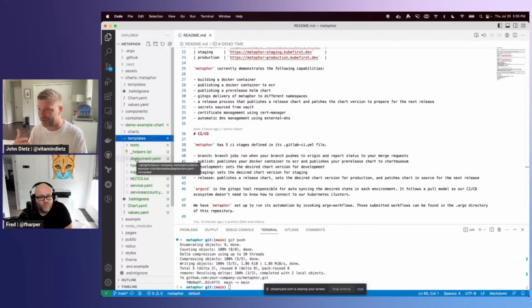We have to go a little bit further to make the chart valuable to the application that we're trying to host within this chart. Now, in our case, the Metaphor application, we wanted to have some config maps. We wanted to have an external secret so that it can pull secrets out of Vault using the external secrets operator. We have some opinions that it should have an ingress by default because there's no point in having this particular application without one. And those are details that we can refine, turning one of these automatically created charts into a chart that's specific to our application.